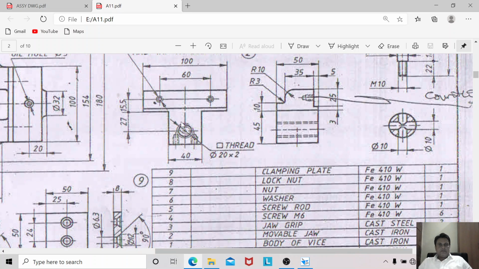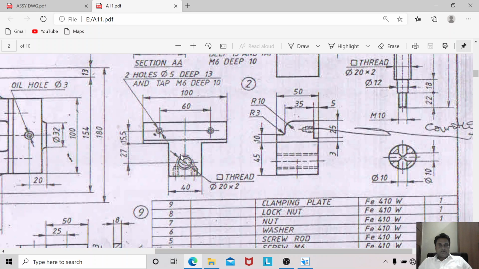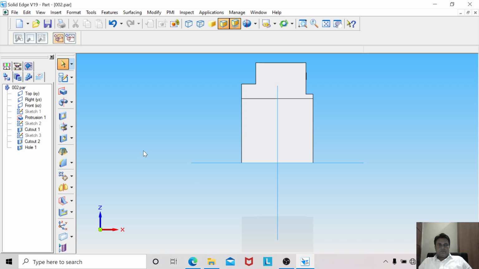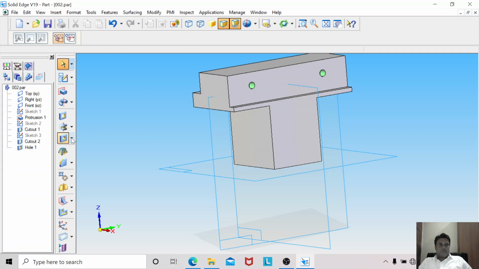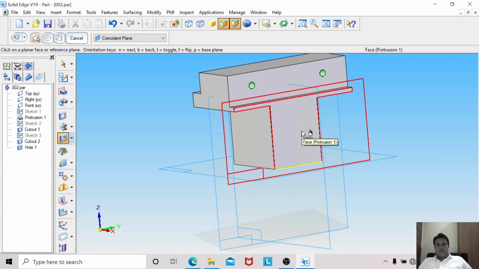There is a threaded hole here at the bottom side. From this bottom edge it is 27 mm, and then a square threaded hole of 20 mm diameter is being introduced here. Just again you go to the hole option, select this face,